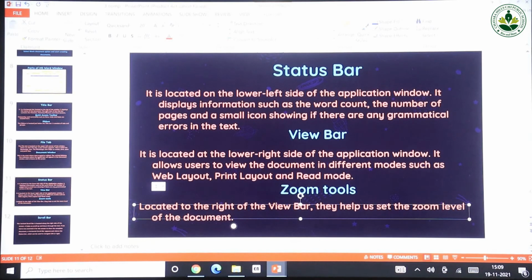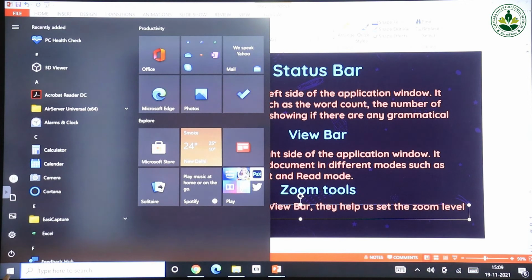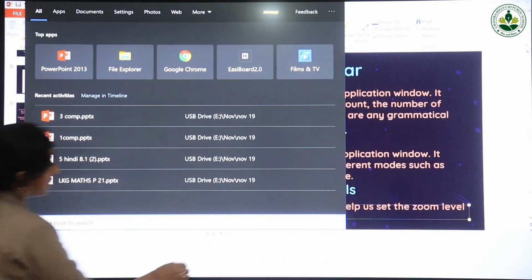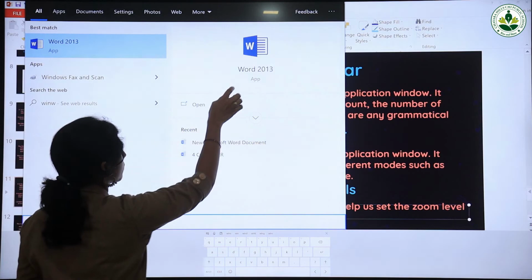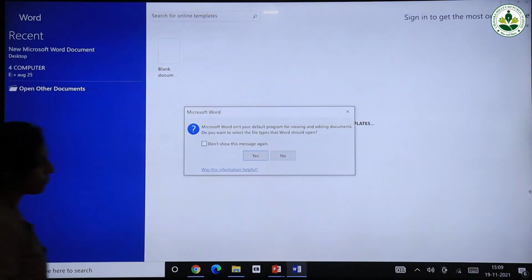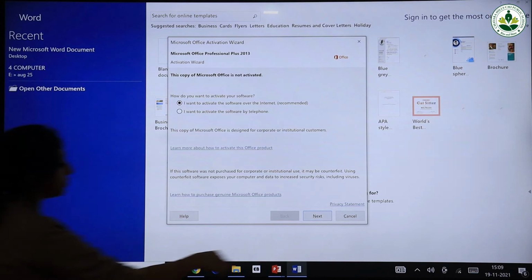Okay, so let us have a look at how to start MS Word. You can click on the start button and type here WinWord. So you can see Word 2013 here. Click on that, and you can see a window appear.